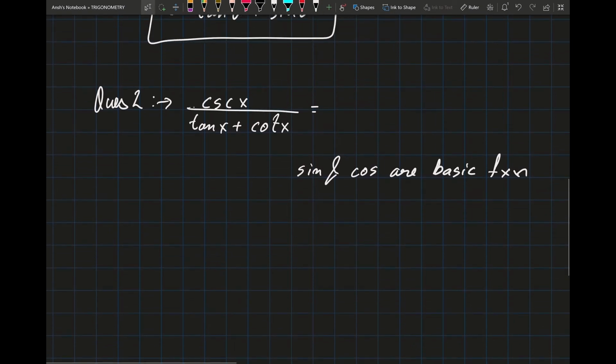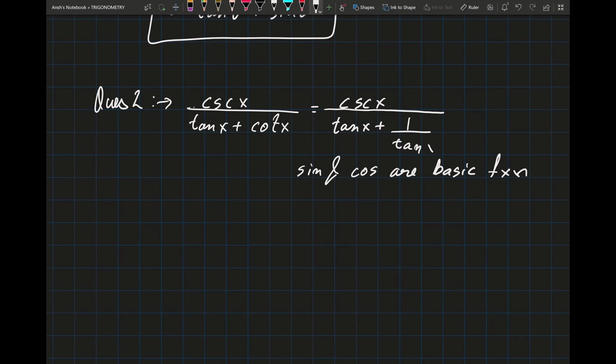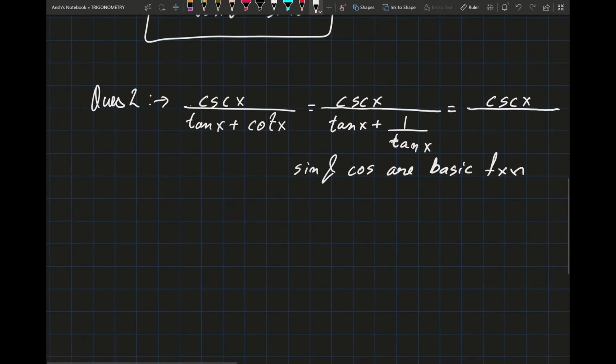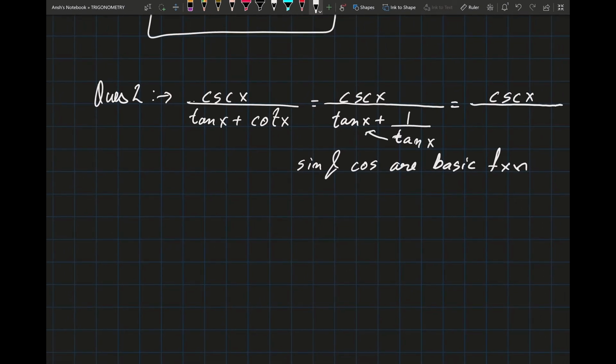So right now in this question, what we can do without converting them is write cot x as 1 over tangent x, right? And we can take the LCM. So these two would multiply together. We'll be left with tangent square x plus 1